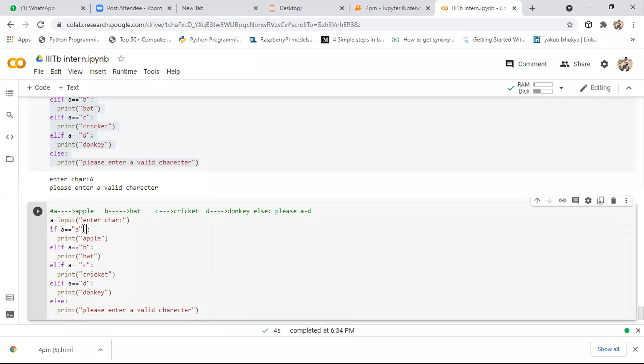So for that, here we need to use a logical operator. First, if a is equal to character small a or capital A, if any one of these two conditions is satisfied, we need to print output like apple.